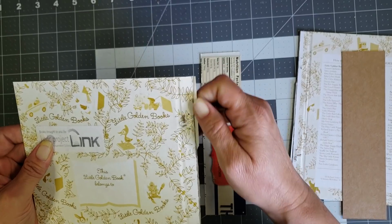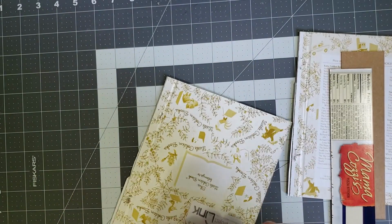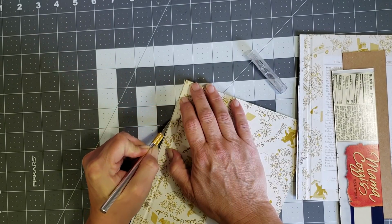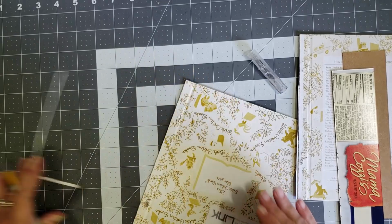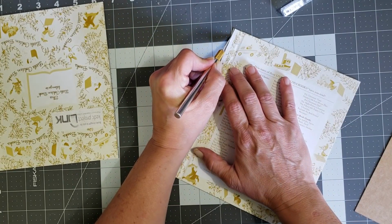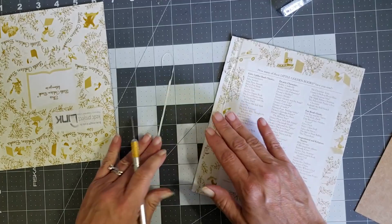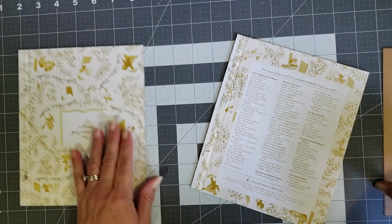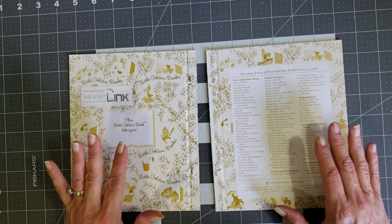And you can see this little piece right here, it's kind of in the way. So I am going to take my X-Acto knife and just trim that off a little bit. That way it gives you a straighter edge to work with, and you don't have anything in the way. So we'll go ahead and do that with this one too. And it's real easy to do it that way because you have the chipboard of the book to guide your little knife. Okay, so then I'm going to take my books and put them the way I want to see them in